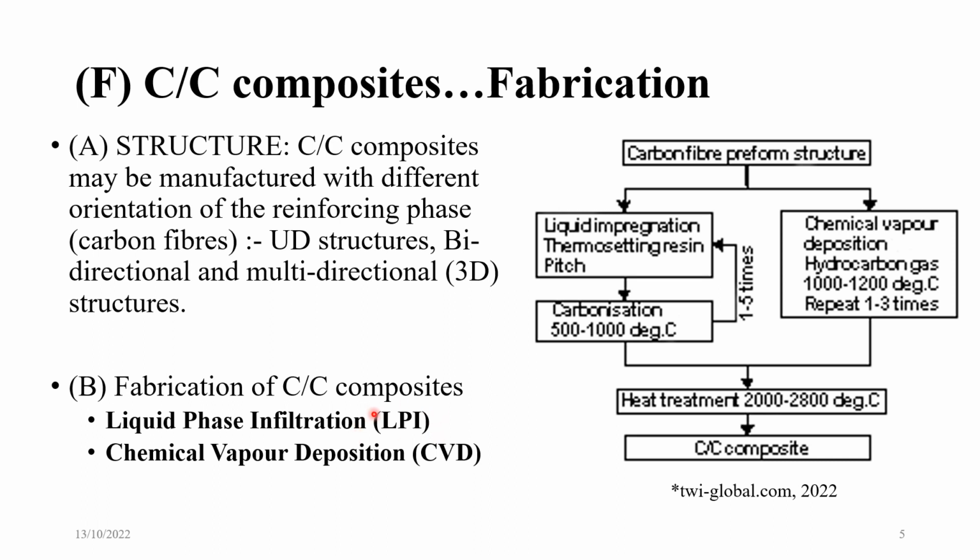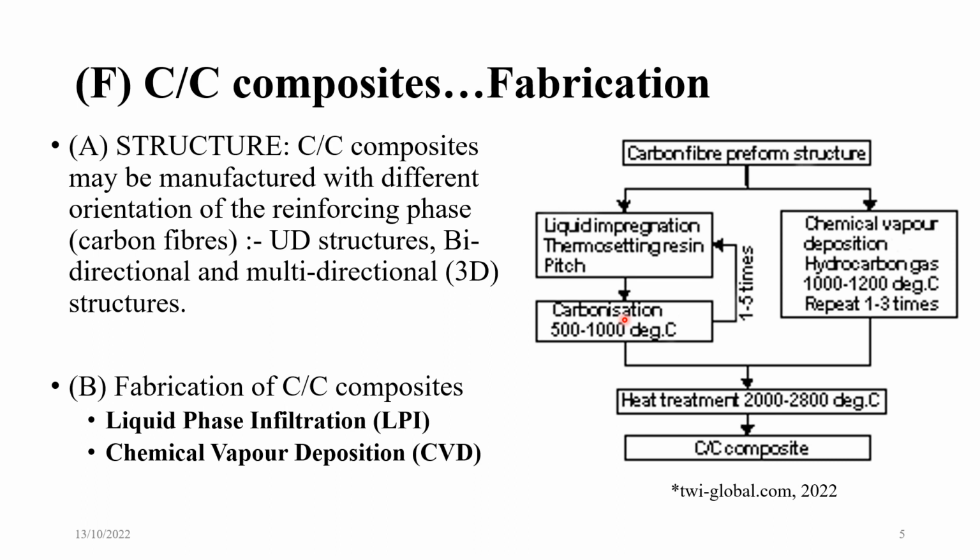One is LPI, which we have already studied earlier in the ceramic composites video lecture, the liquid phase infiltration. Another is chemical vapor deposition. The carbon fiber preform structure can come through two routes. In one route, it's a liquid impregnation of thermosetting resin or pitch. Then there is carbonization from 500 to 1000 degrees Celsius. Try to note here, when we talked about manufacturing of carbon fiber,